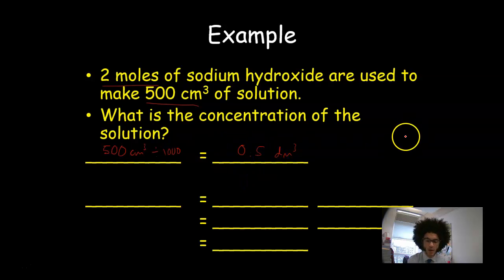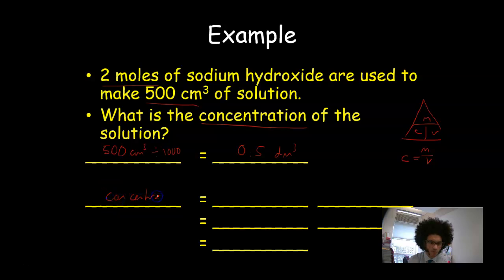I then need to work out my equation. Now remember, in my triangle, moles is always at the top, and I've got C and V. Now I'm working out concentration. So from this, concentration equals moles divided by volume. Now that's the first thing I write. So concentration equals moles